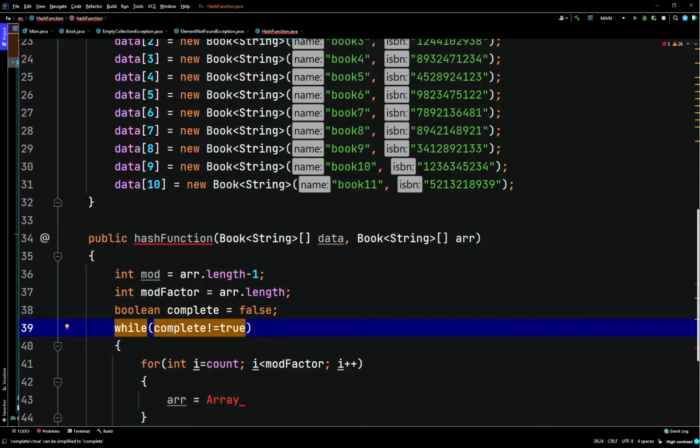For int i is equal to count, i is less than mod factor, i++, and we'll say if count is greater than or equal to mod factor times load factor,